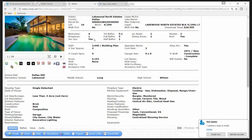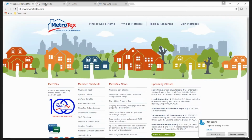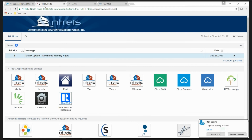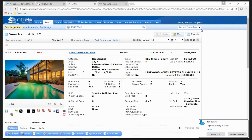And Instanet connects to a lot more systems online. It connects to Google Contacts, Dropbox, iDrive, iCloud, you name it, it connects to a lot of online systems. So if you haven't taken our Instanet classes, we would highly recommend that you do. So do I have to use Instanet for anything? Yes, you do. All of our documents in Matrix that are attached to a transaction are stored in the Instanet